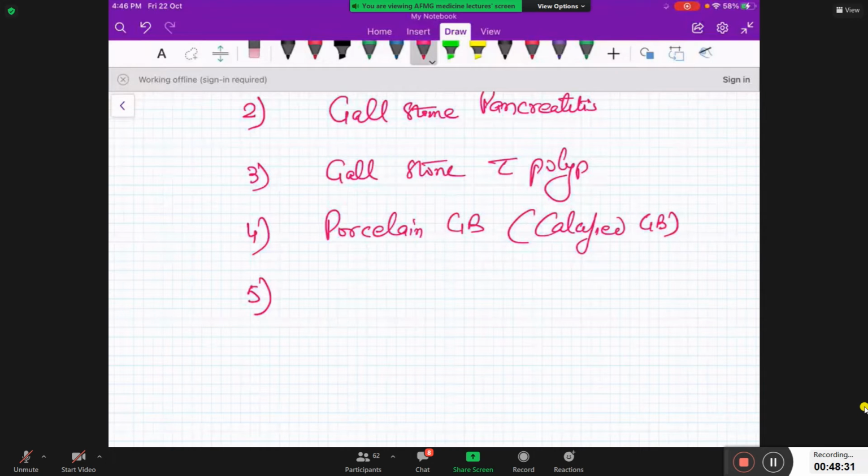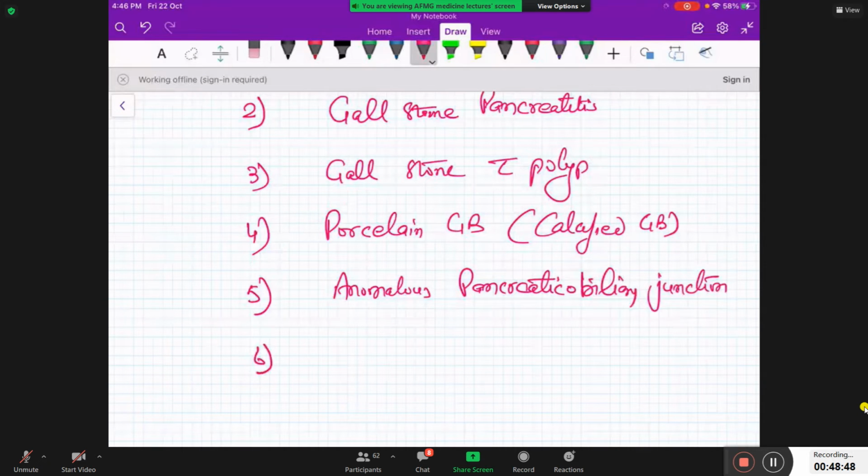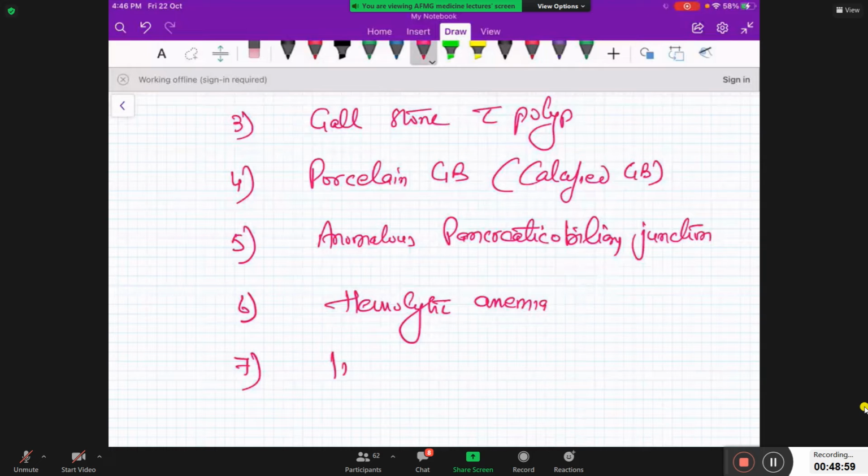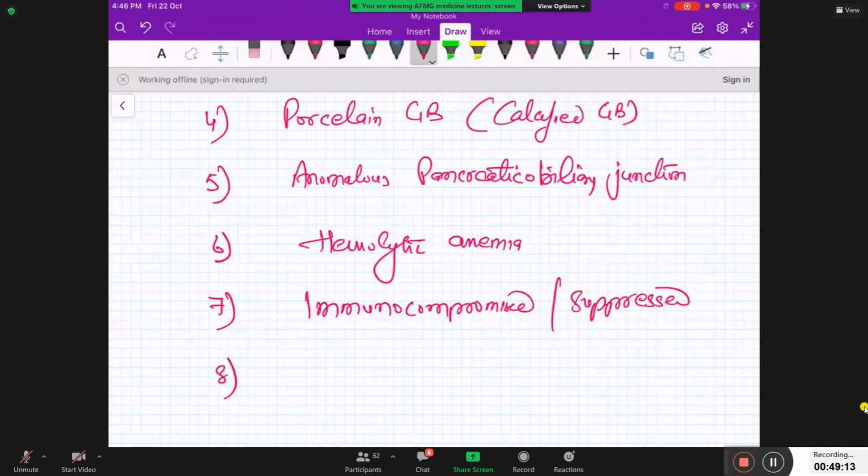Or the patient has anomalous pancreatico-biliary junction, or the patient has hemolytic anemia, or the patient is immunocompromised, or suppressed, or gallstone found incidentally during laparotomy